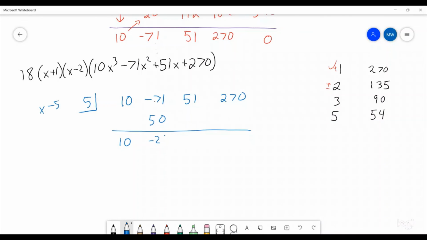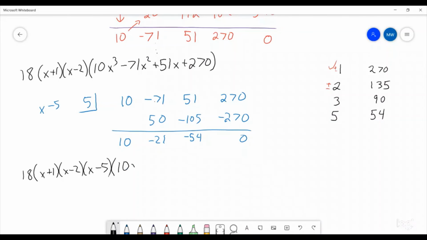That becomes a minus 21 times 5 is minus 105. 105 minus 51, that's 54, so that's a negative 54. Times 5 is negative 270, which goes to 0. So we just factored out one more term. So we got 18 times x plus 1, x minus 2, x minus 5, and what